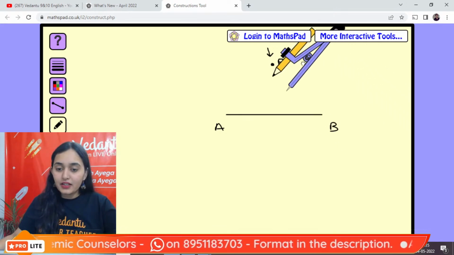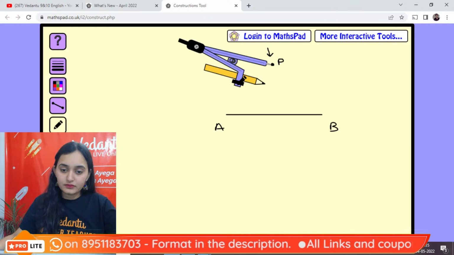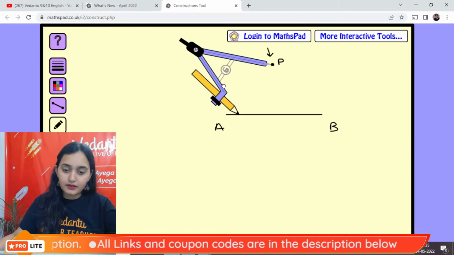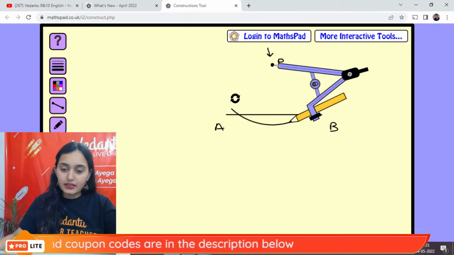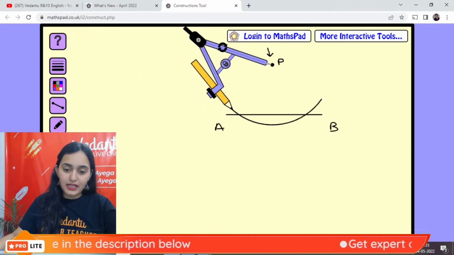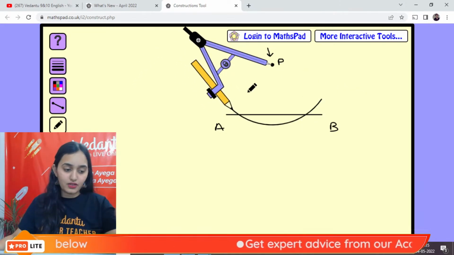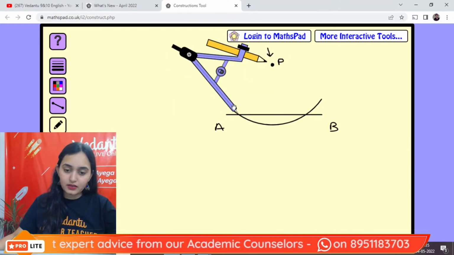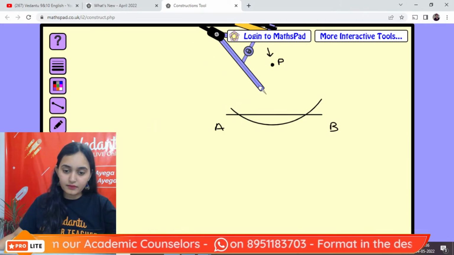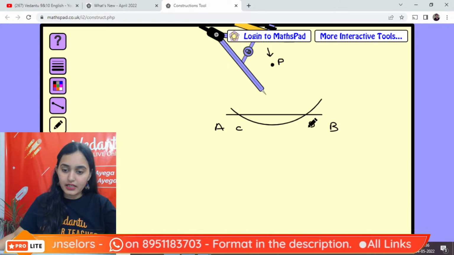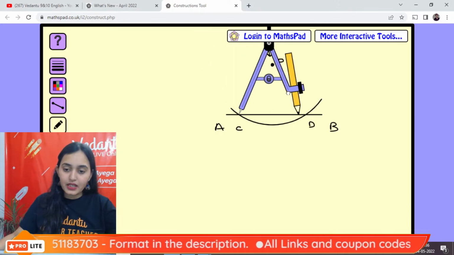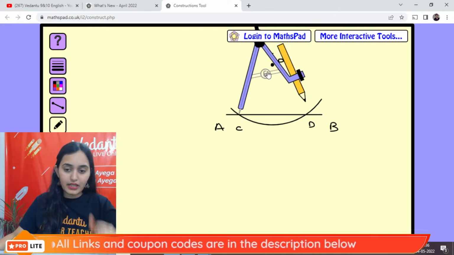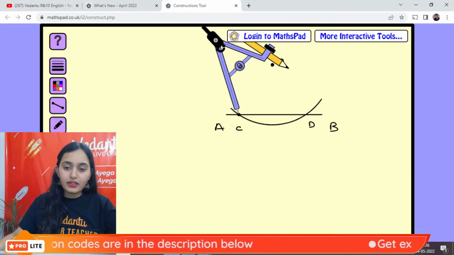Alright. After this, go to point P and choose a suitable arc and cut the line AB from the point P like this. Any arc you want to choose, you can choose. Okay. Now, come to these points, let's name them C and D. Come to point C. Take an arc of length more than it. Lock it. Draw the arc above